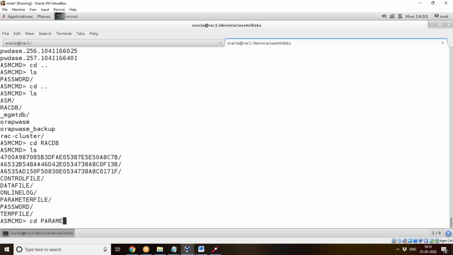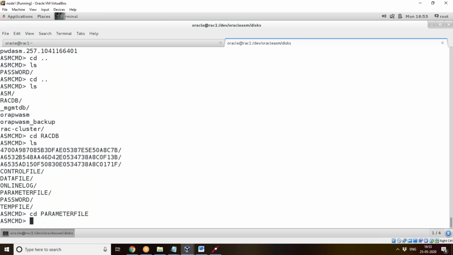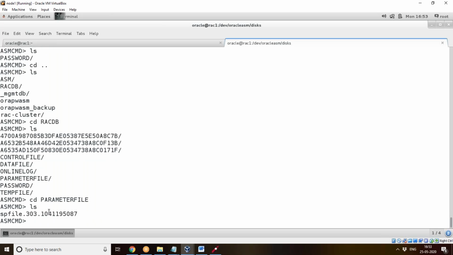So we'll check that. See, this is the SP file. Okay. So using this SP file only, your OHASD will start the CSSD, and CSSD will check this grid plug and play profile, which contains the information, the location of this ASM SP file, and the ASM instance information, everything is present in the GPNPD. Okay. As well as the voting file location. So the voting file location is available in this ASM disk group. It will say that. Okay. Accordingly, only your CSSD will start the cluster.